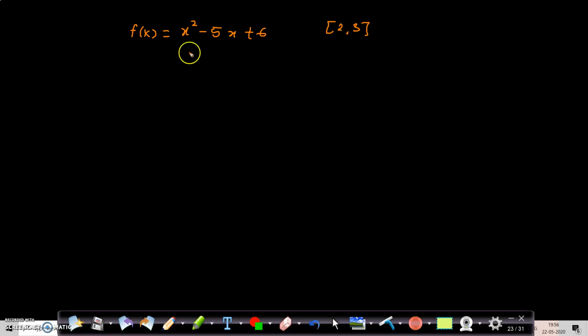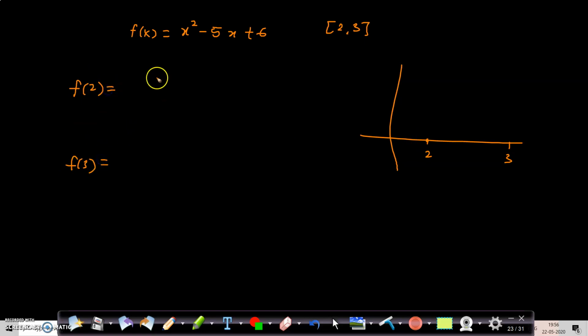How can you understand whether it will satisfy Rolle's theorem or not? The concept is very easy. You can make a graph and you can understand. You have two endpoints, 2 and 3. Between these, we have a couple of points. We don't know, okay, that is not our business. Our business is very simple. We have to put in the starting point and the ending point, and check what the answer is for each.